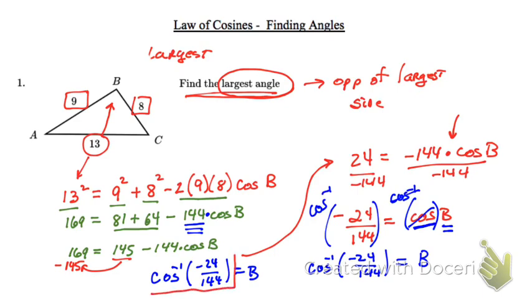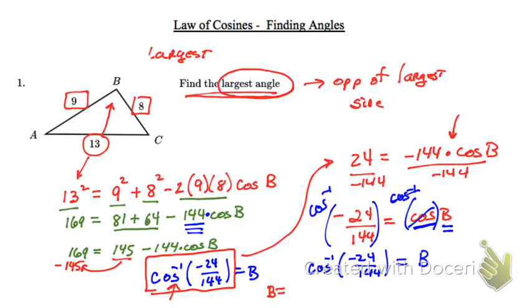Now I'm going to punch this all in my calculator at one time using the fraction button. Make sure you hit second cosine. On my calculator, whatever you have to do on your calculator, you get an inverse cosine. And when I do that, I get angle B to be